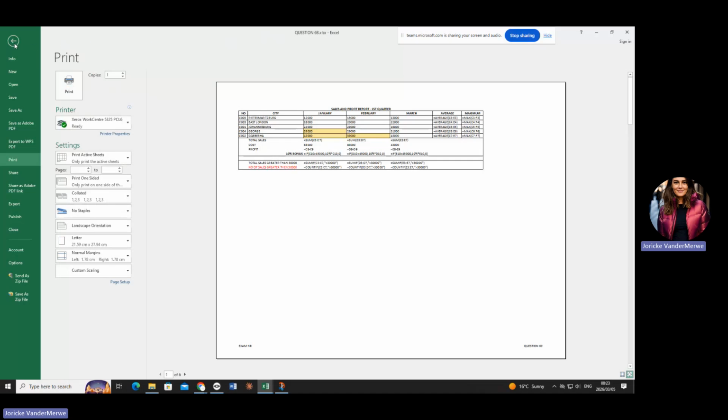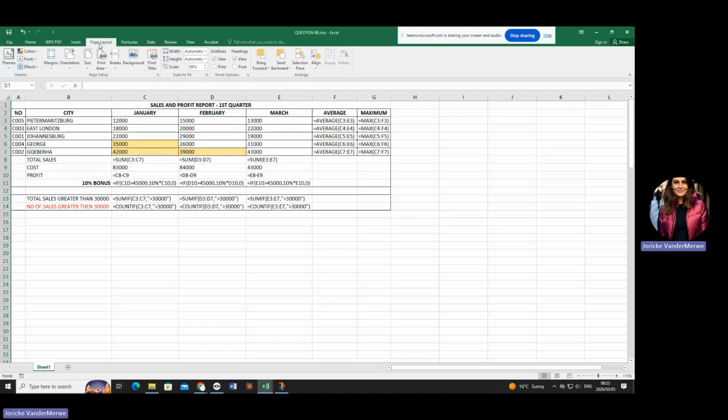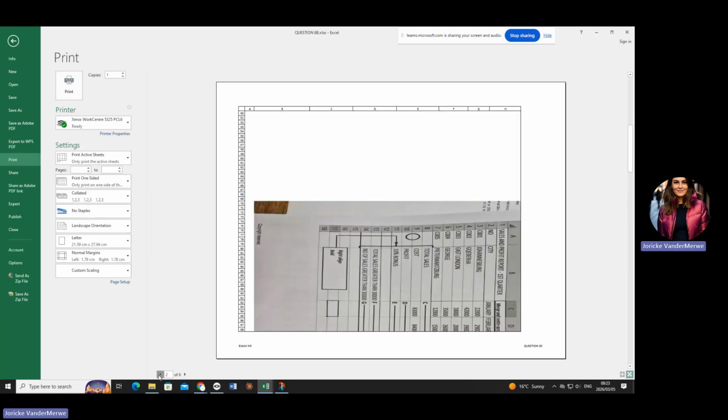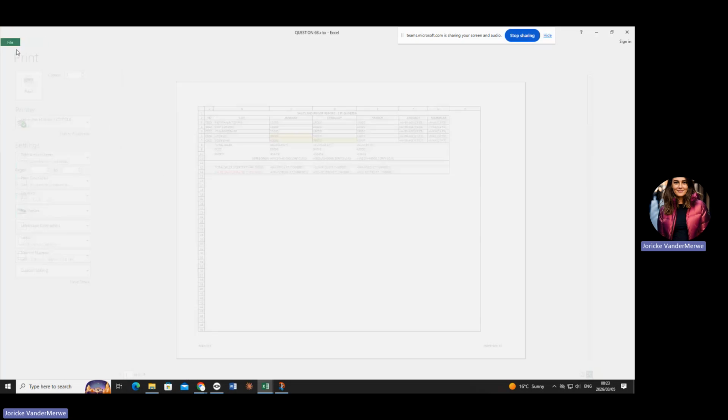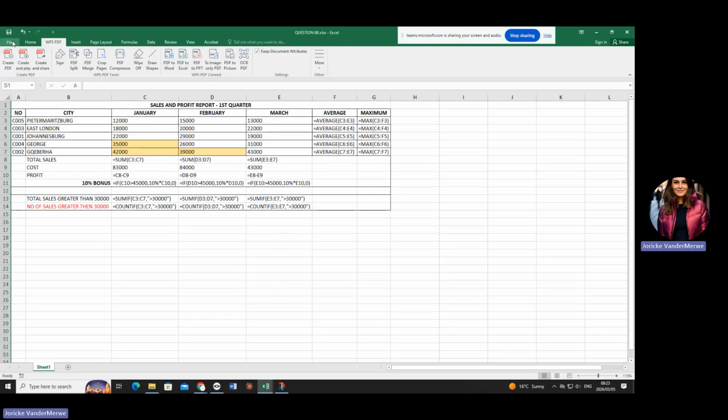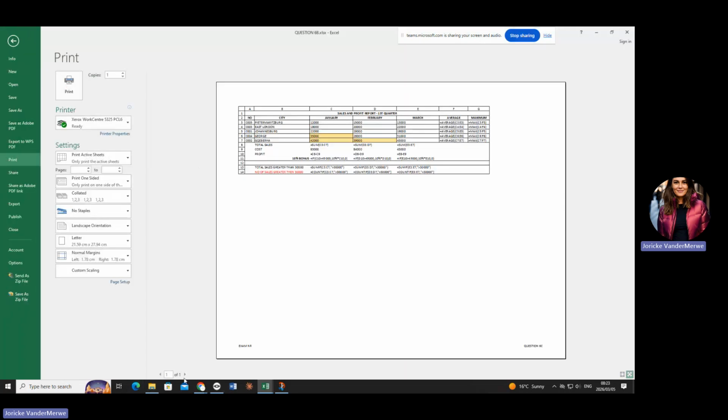How do I get that to show? I go to page layout and I click on my headings and I say print. Can you see I clicked print? And I go to file and I go print, and then all of my headings are there. You will see that mine is going over to 6 pages because of that image. But if I delete that image, let's just delete it quickly, and I go back to file print, it's 1.